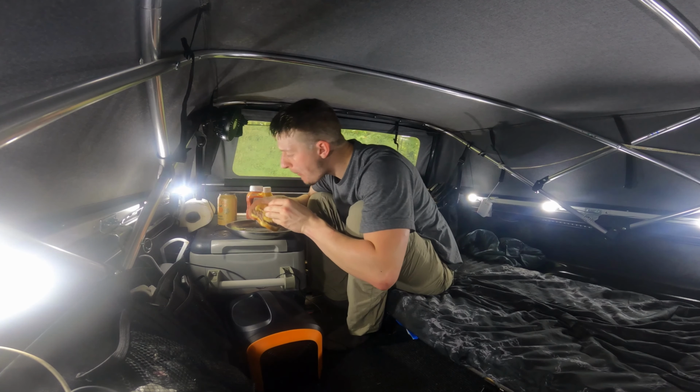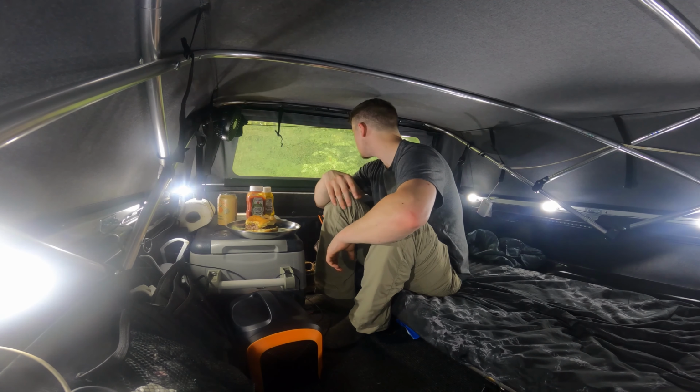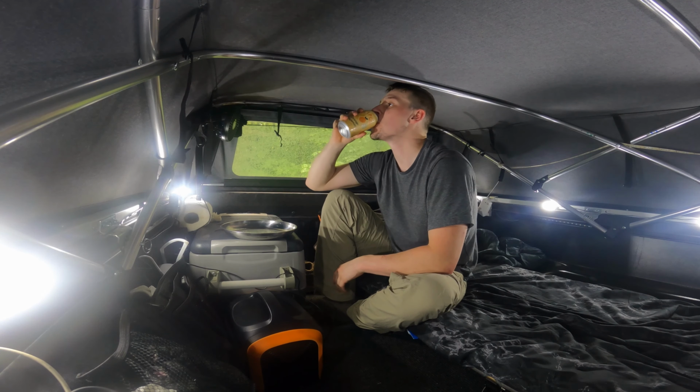But this fan's definitely helping. We're gonna go ahead and get that mini AC going. We'll hook it up to the power station here and see what it does. So let's see what happens. All right, so